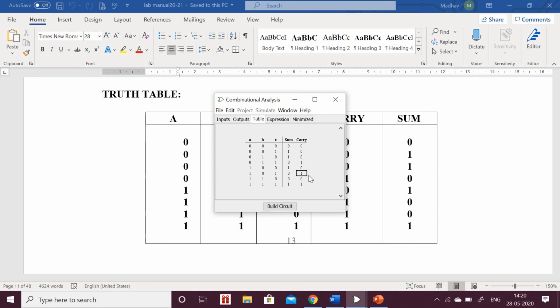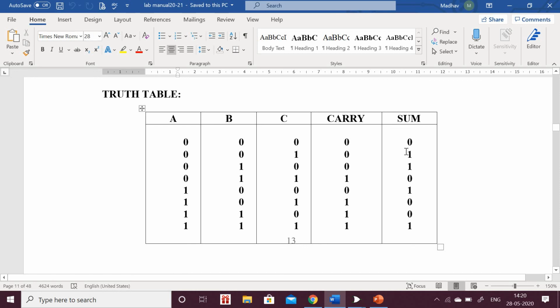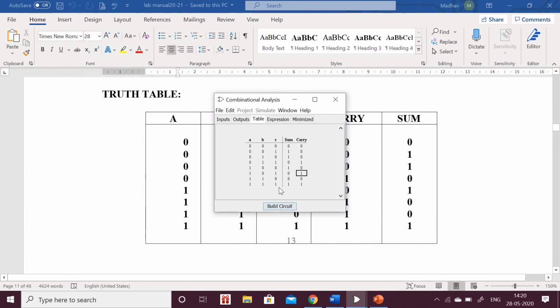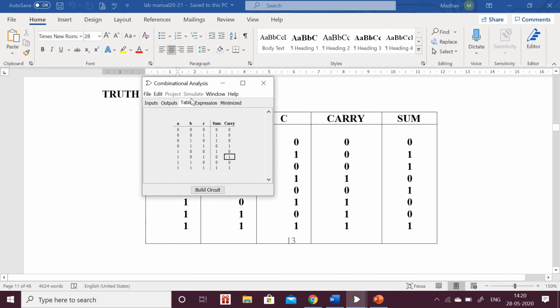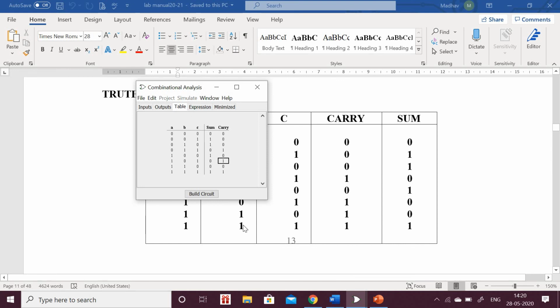Carry is 0 0 0 1 0 1 1 1. Sorry, this is one. Now you can see 3 inputs, 8 combinations. Further, this is the table we have designed.